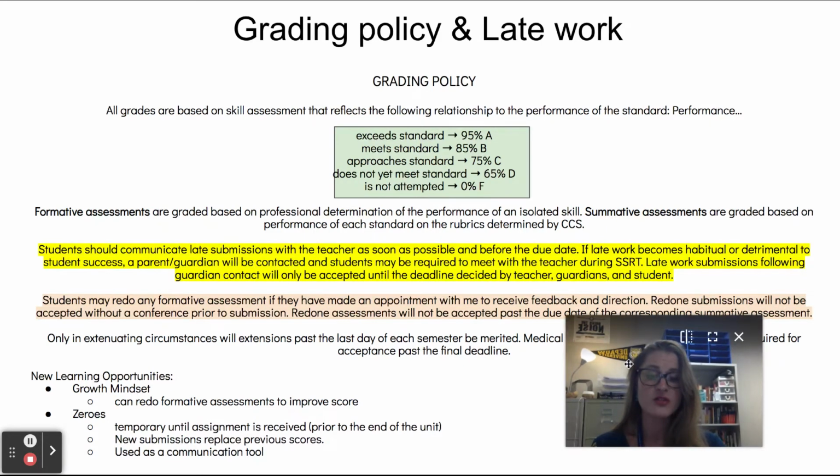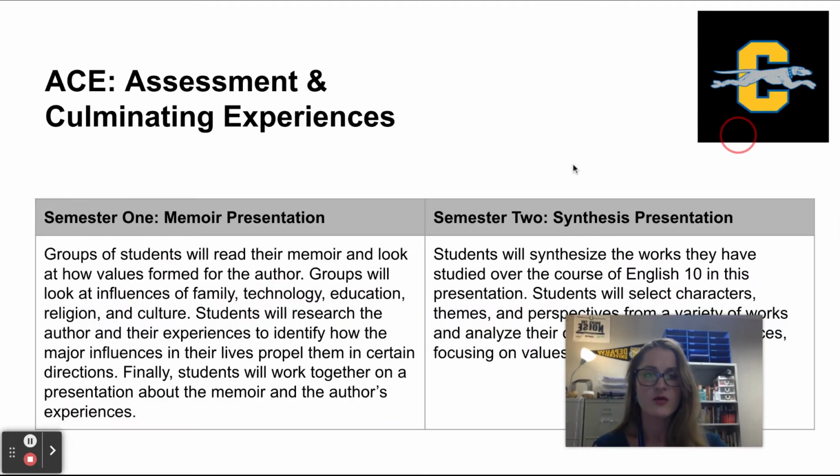So students are allowed to remediate and revise any formative assessment as needed to improve their grade. And just going back to the communication piece, if students are feeling overwhelmed or stuck and they're getting behind and that's becoming habitual, first I will reach out to you, but I would also encourage those students to communicate with me if they need a little extra time to work on an assignment. And especially if I receive communication from you as well, I'm very amenable to granting an extension if needed because I know things come up. It's just important that that's communicated with me.